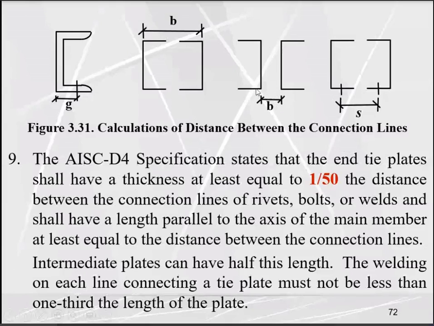So here, what is the B value? B value is always the total distance between the webs of the section. If we have a channel, the B value will be the distance from the outer face of this web to the outer face of this web. In this case, if the flanges are inverted outward or their webs are placed back to back, then B is the distance from the edge of this web to the edge of the other web. So in this case, how can we compute the S value? S value can be computed because G value is a fixed value.